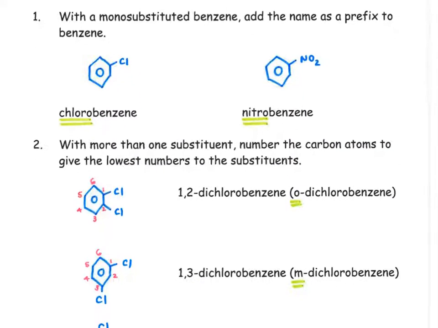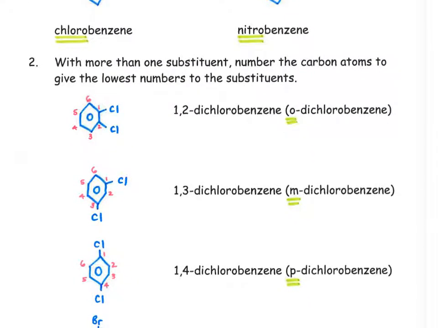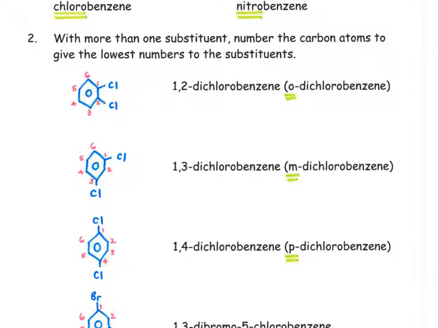But what if we have two side groups that are identical? In the first example, we have 1,2-dichlorobenzene. When we are numbering our carbons in our main chain, and that would be the benzene ring, we are trying to give the two chloro side groups the lowest possible numbers. So we number them 1 and 2. The other way of naming that is